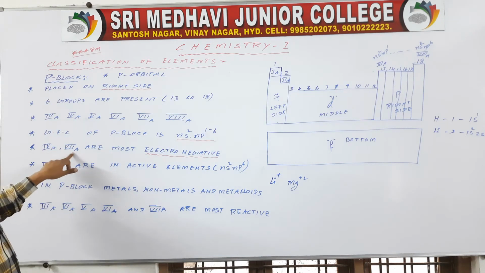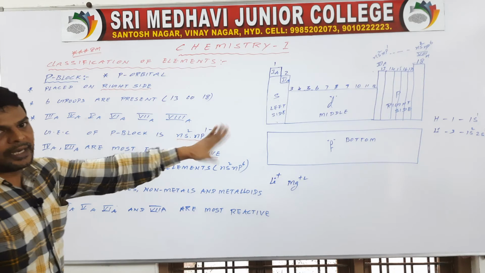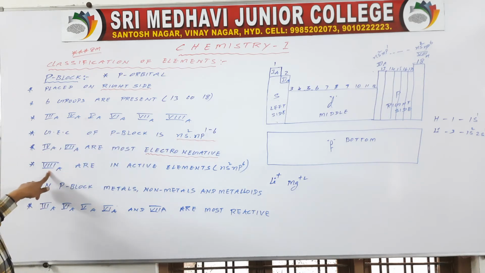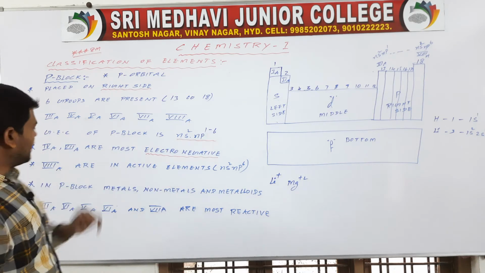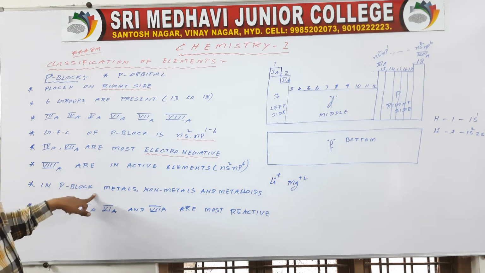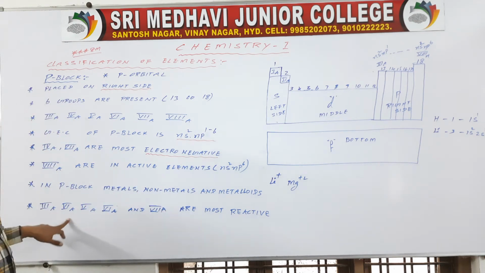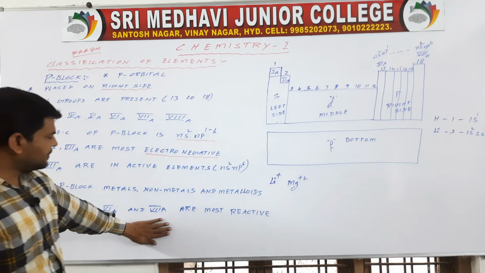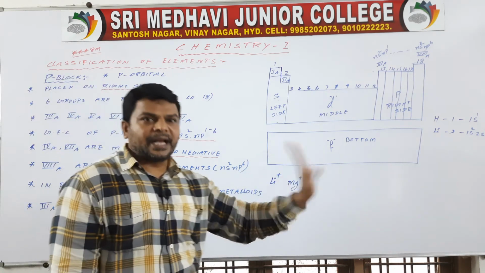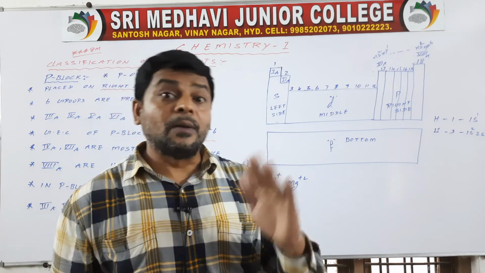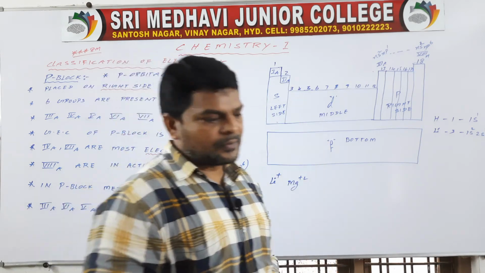So 4th A to 7th A are most electronegative elements. 8th A are inactive elements. In p block, metals, non-metals and metalloids are present. So 3rd A, 4th A, 5th A, 6th A and 7th A are most reactive. They can form compounds like s block elements. Okay,